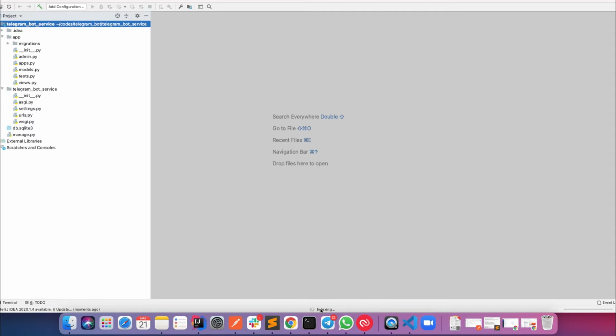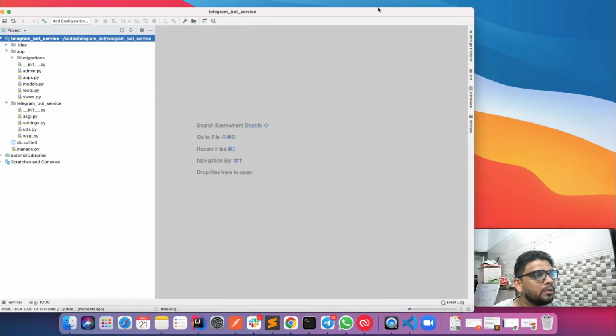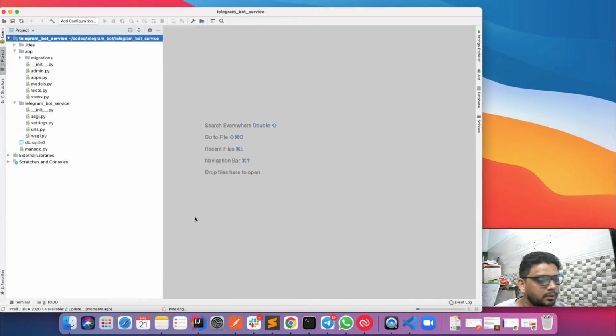It is doing some indexing on the backend. IntelliJ IDEA is indexing some of the data. Meanwhile, our next step is to attach the virtual environment, venv, which we have created.